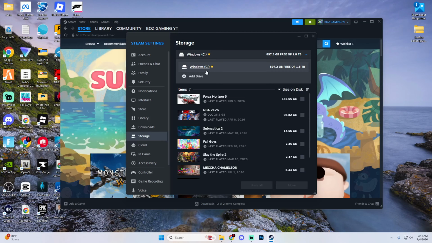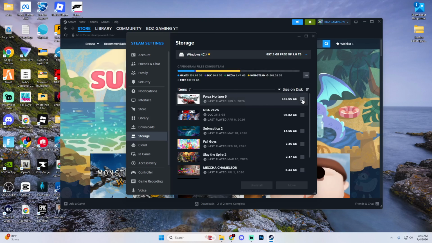What you want to do if you want to change it is just select add drive, and this will create a new location on that drive. And if you want to move an existing game, just select the game in the storage menu, just like Forza Horizon 6, for example, select it, and then you'd hit move, and then you'd be able to move it to